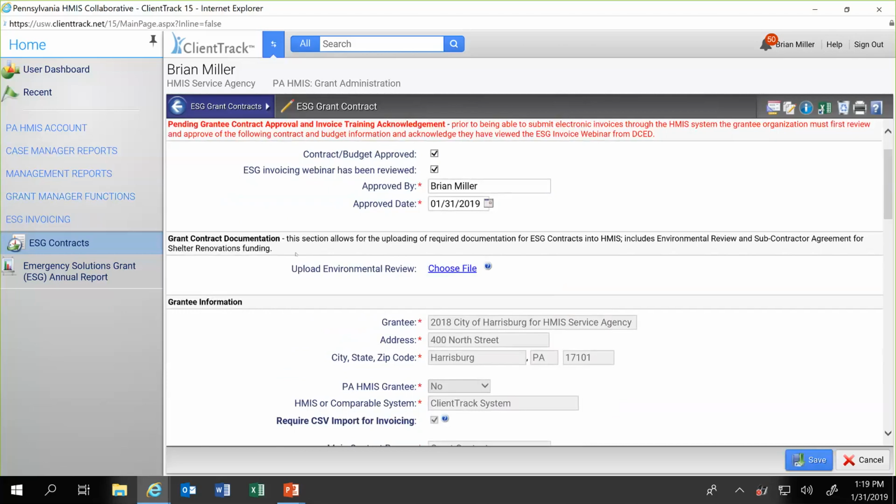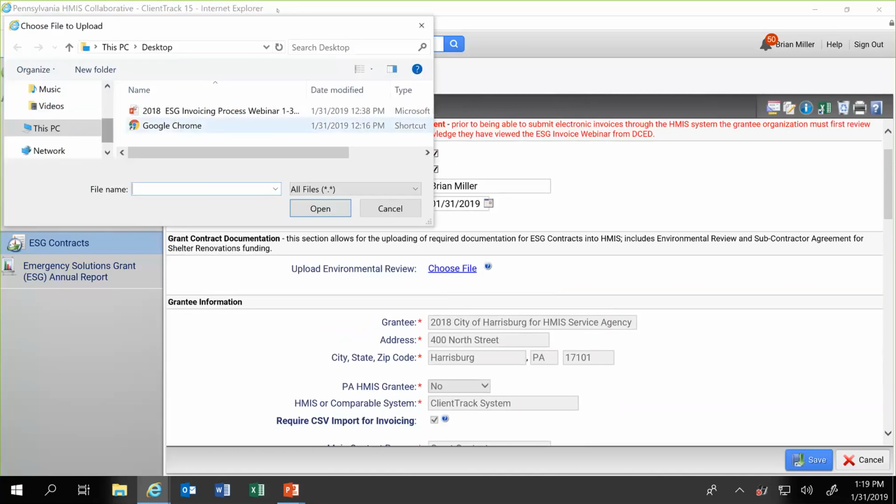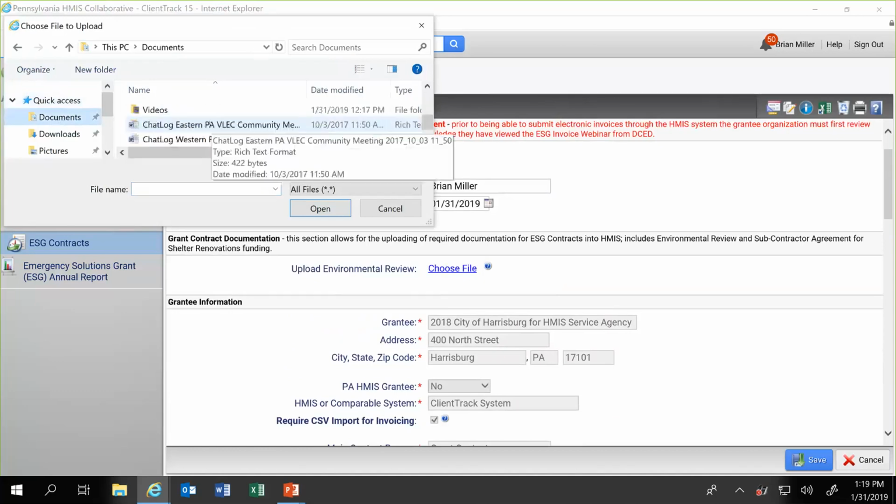And we use this choose file search function within the system, and you'll see that a lot throughout the invoicing, as this is the way the system allows you to upload and store documentation within the system itself. So you want to make sure you click on that choose file, and the system will give you the basic Windows folder option where you can go ahead and go to